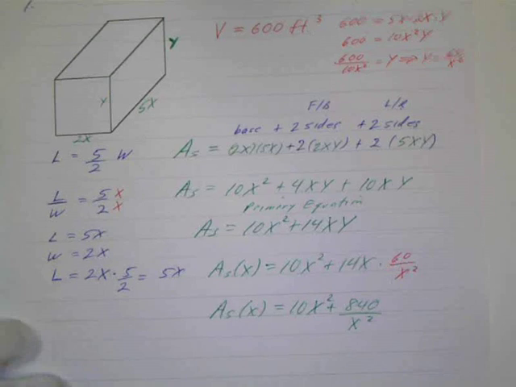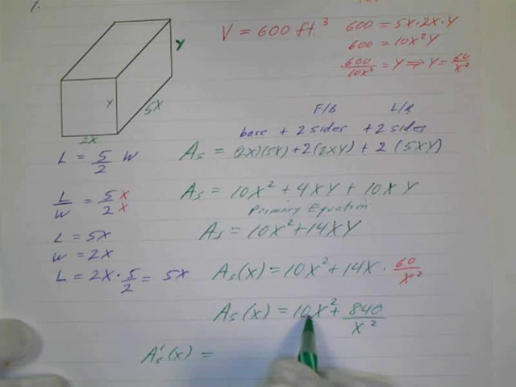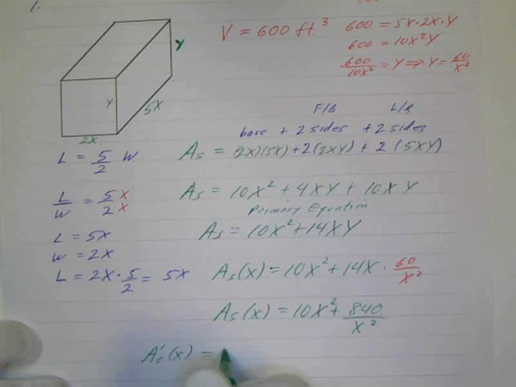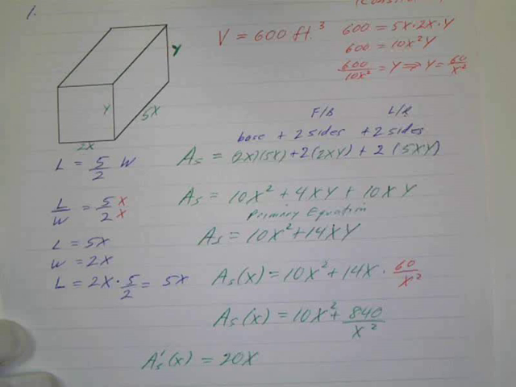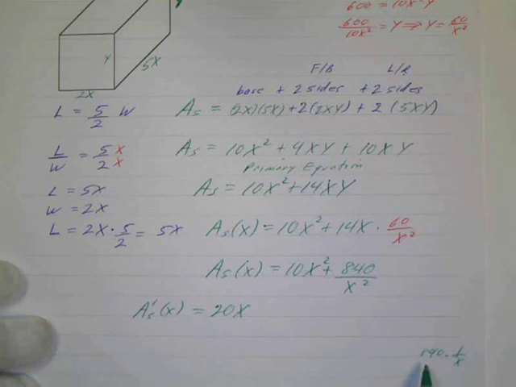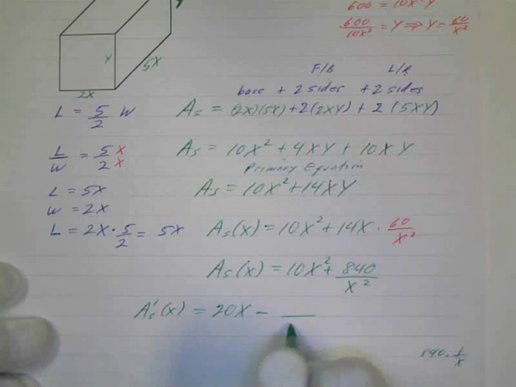So now we're ready to take the derivative, so we get A prime. And that's going to equal, what's the derivative of 10x squared? 20x. And remember, we can think of this over here as 840 times 1 over x if we want. Okay, 840 times 1 over x. And what's the derivative of 1 over x? Negative 1 over x squared, so that's negative 1 over